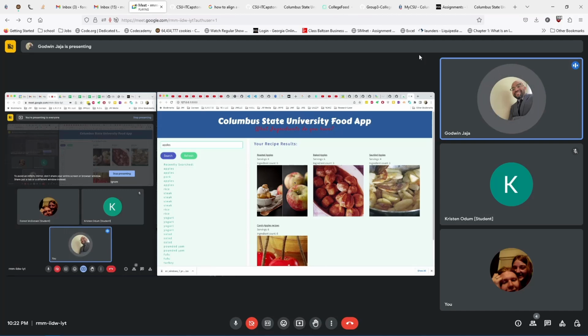The next stage, of course, was to be able to pull more APIs because we wanted to also include nutrition facts to go along with some of the searches. And we wanted to also incorporate the flip card, which Kristen talked about in the previous segment, so that once you clicked on the picture, you'd be able to